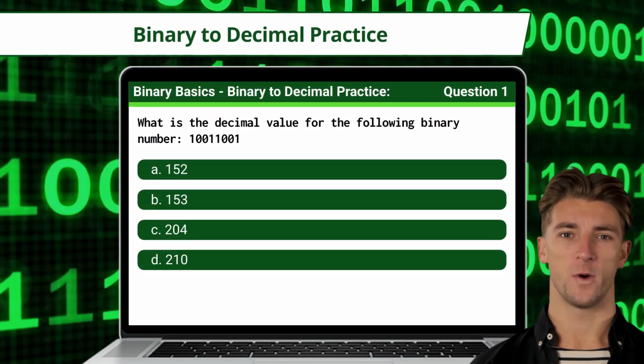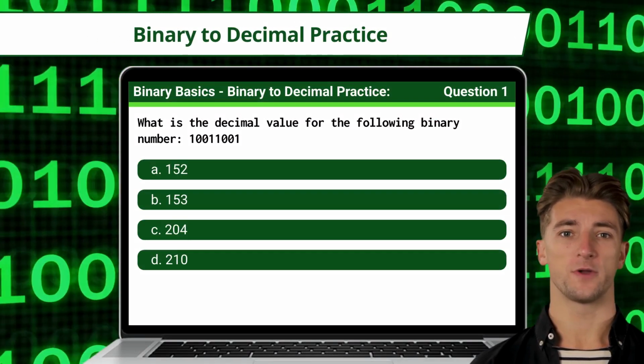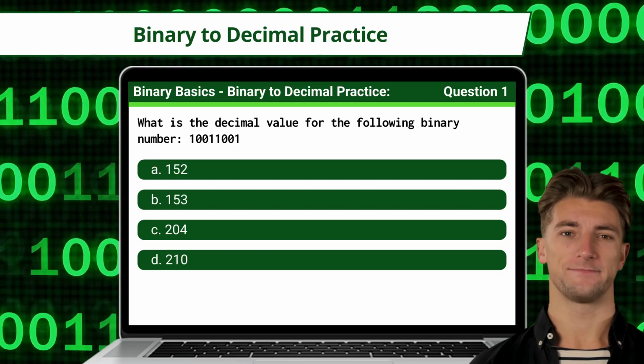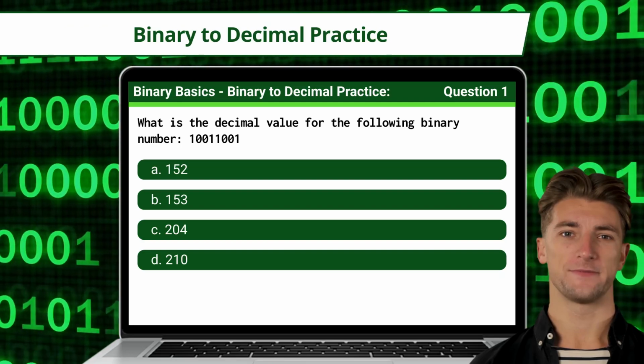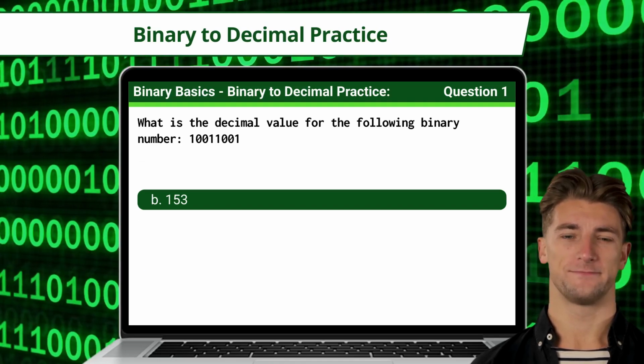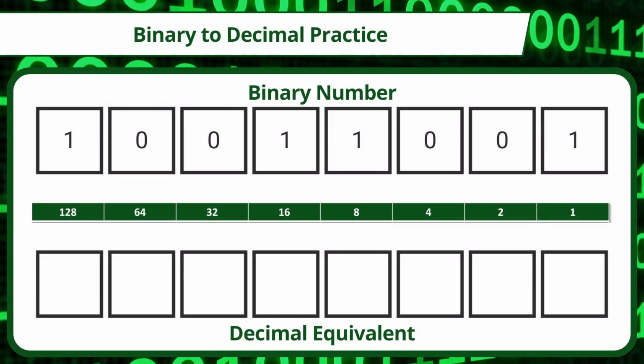Question 1. What is the decimal value for the following binary number? 100110001. The answer is B, 153. Now the explanation to question 1. For the binary number